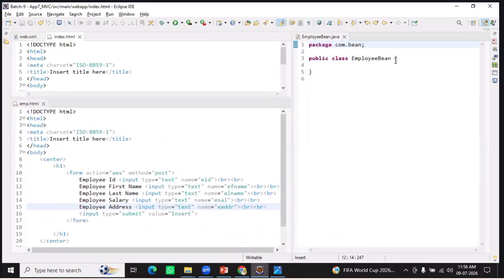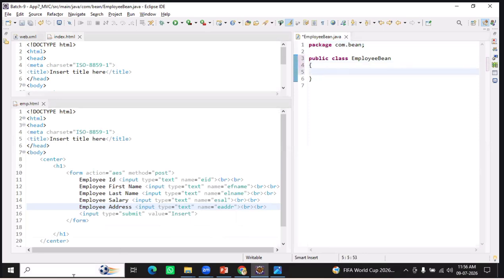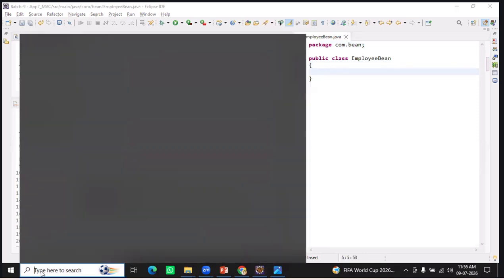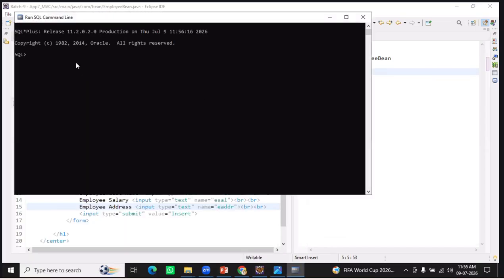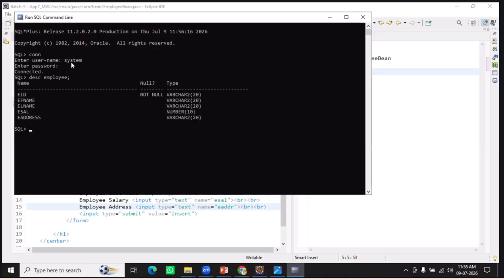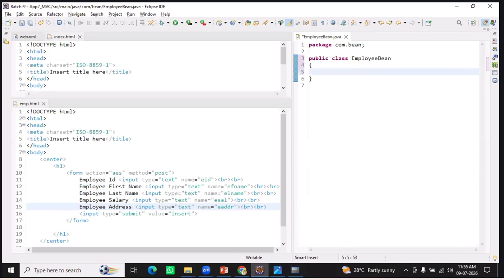Okay, bean class. Inside this, let me first try to check my database here. I did not remember data types. System, manager, DESE, employee. Okay, ESAL is a number, int. Remaining all are varchar only, string. Yes? Okay, then string